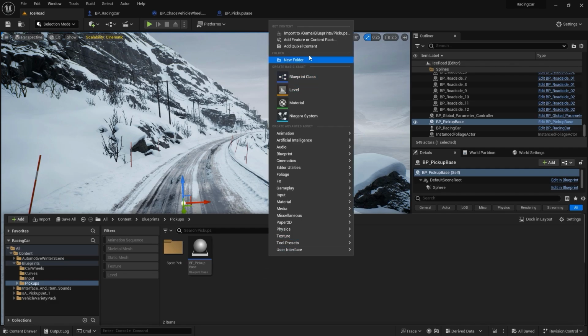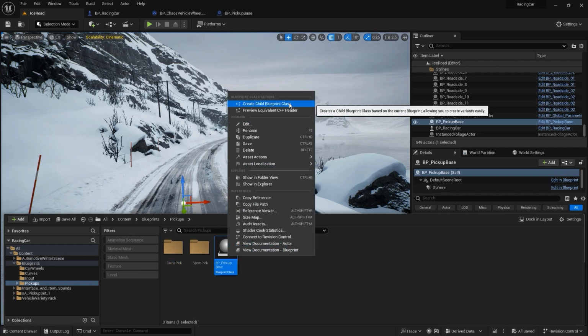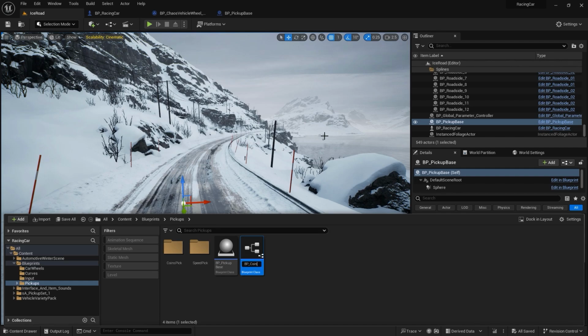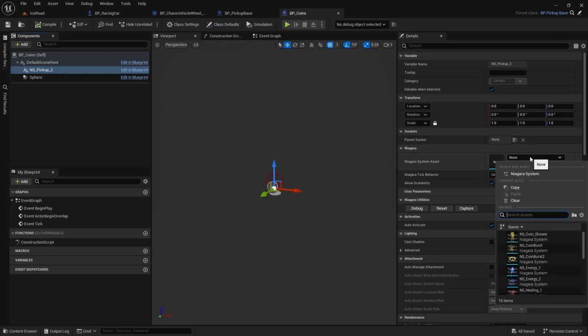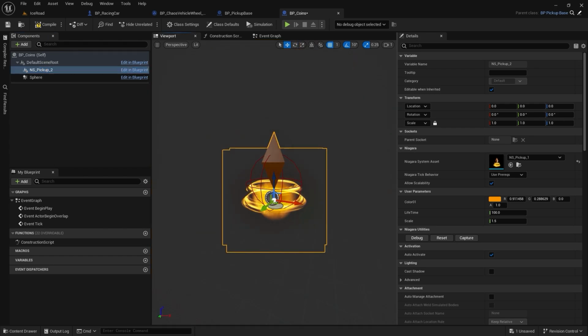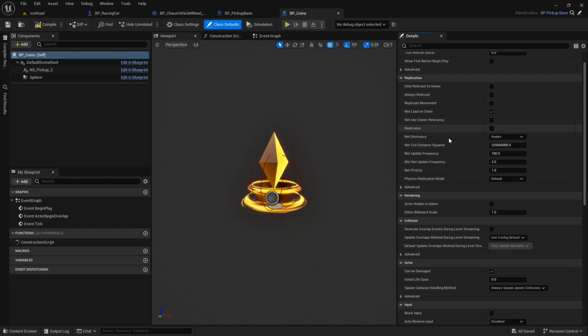We need one more, that would be, let's say, for coins. So I can give it a name like coins pick, and then I can create one more, create blueprint child. This would be BP coins, and then I can move it to that folder. So now if I open this one for coins, I just want to select something, I think this one. So this is for coins, and then if I come here to the class defaults,